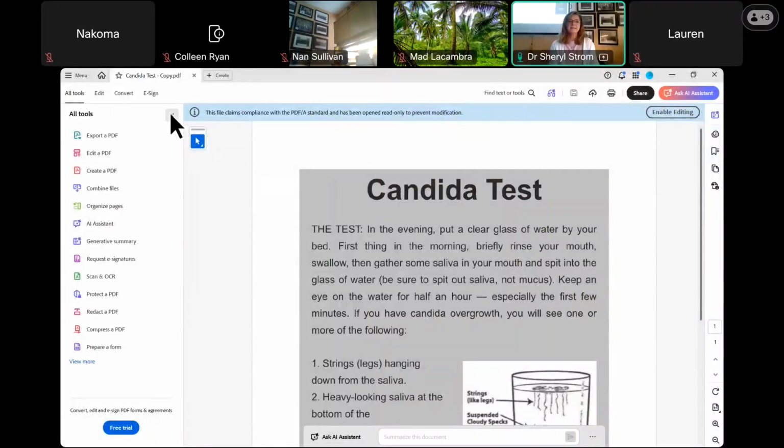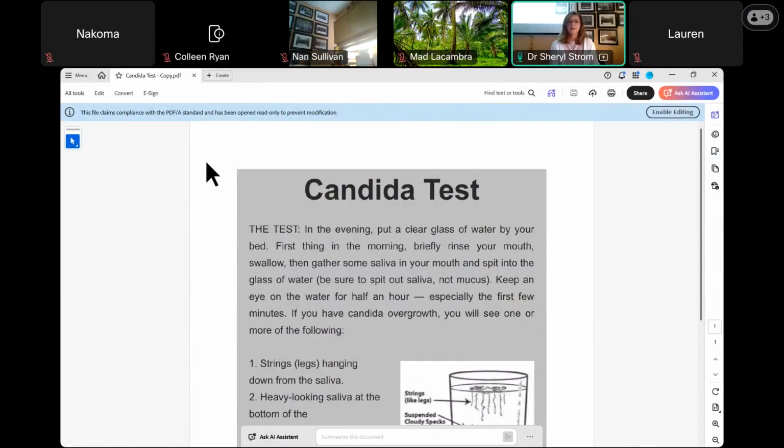Okay, here's the Candida test. Everybody asks, well, if you have Candida, what can you do about it? When you see it in the medicine way, it seems to be a pretty good way of finding it out, but you don't have to use the medicine way. Here is just another example of what we used to do to test.